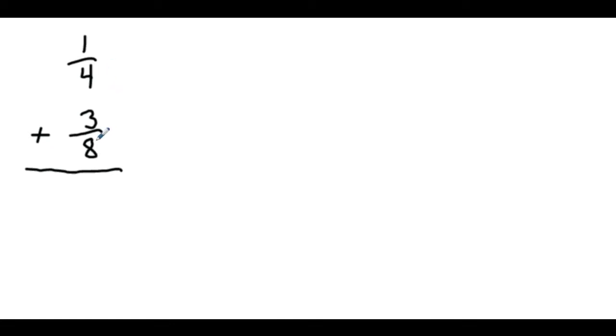We can look at 4 and 8 and think about what a common multiple of 4 and 8 would be, or we could use multiplication. Multiply the 4 by the 8 and the 8 by the 4 and get an equivalent. So that's what I'm going to do. I'm going to extend my line here, and I'm going to multiply this by the opposite denominator. So since the opposite one is 8, I'm going to multiply by 8 on both sides,